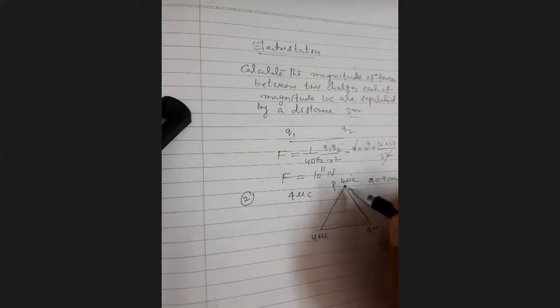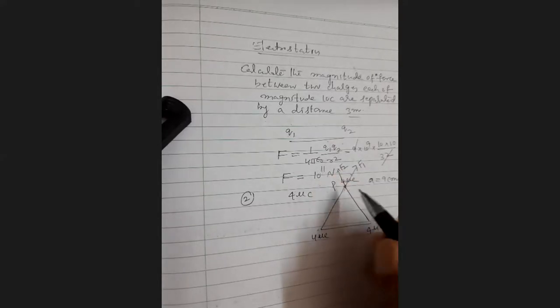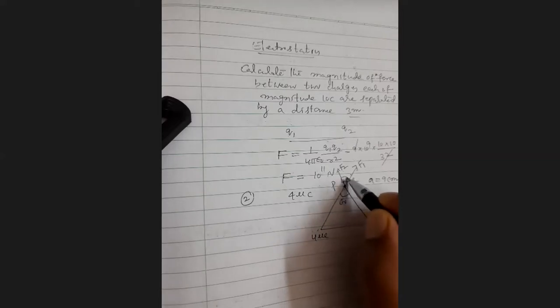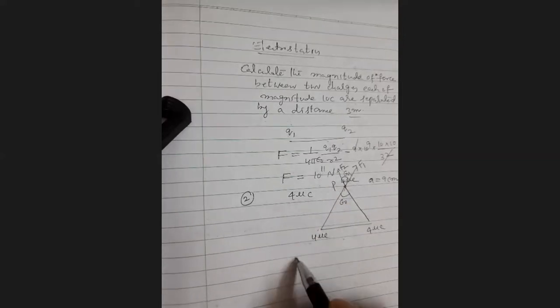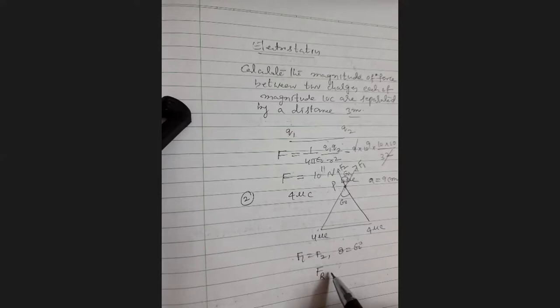These are like charges, so they repel in this direction. Say this is F1. Due to this, the force is in this direction because these are two like charges. This angle is 60 degree. Here F1 is equal to F2, and the angle between these two vectors is 60 degree. Then the resultant force is given by 2F cos of theta by 2. By using the parallelogram law of vectors, F resultant equals under root F1 square plus F2 square plus 2 F1 F2 cos theta. So from that you will get this formula.